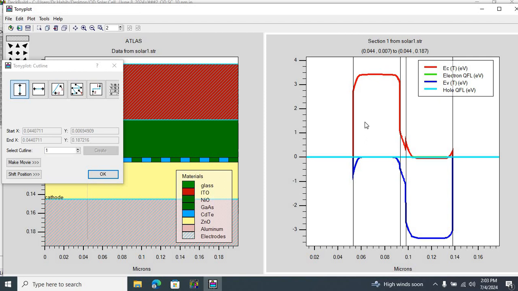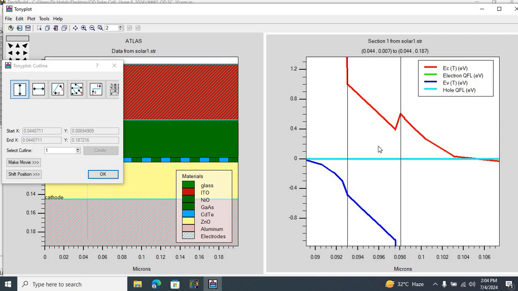This side over here corresponds to the zinc oxide layer. As we can see there, this is a wide band gap material. Similarly, the right side over here corresponds to the nickel oxide layer. In the middle, we have the cadmium telluride quantum dot,